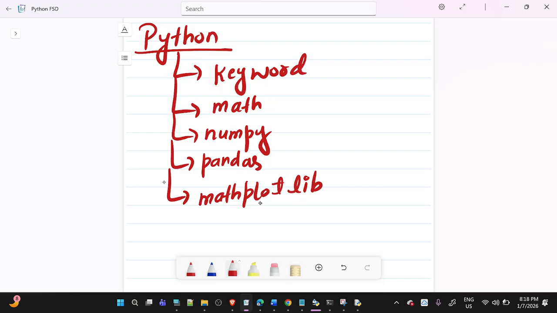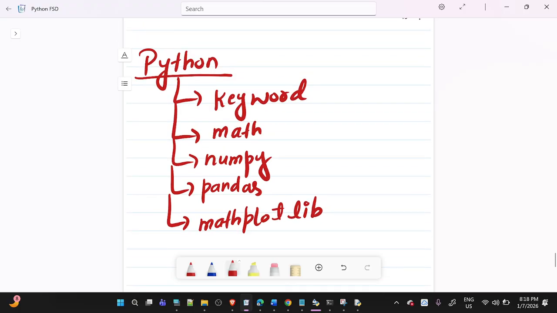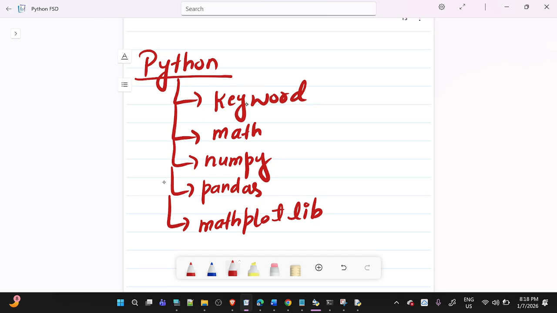Okay, right now you don't need to understand these libraries, but you should know what a library is, which provides some functionality. Library means which provides specific functionality. So this library is specific to the keywords, and this library is related to the maths operations, and this library is for